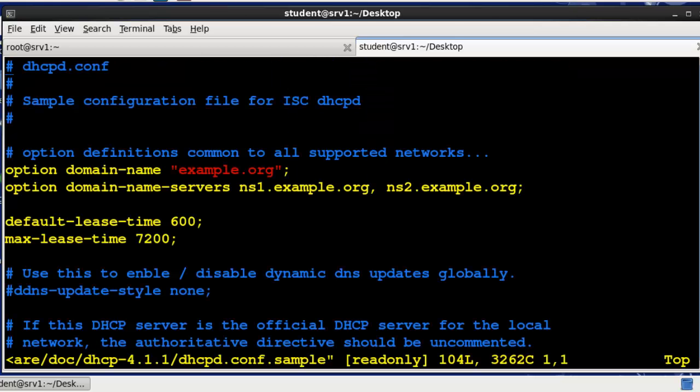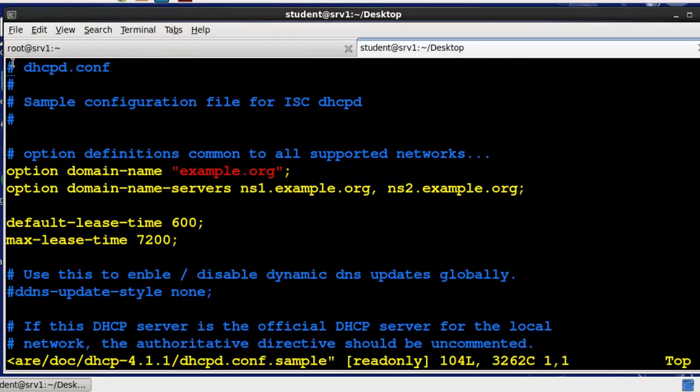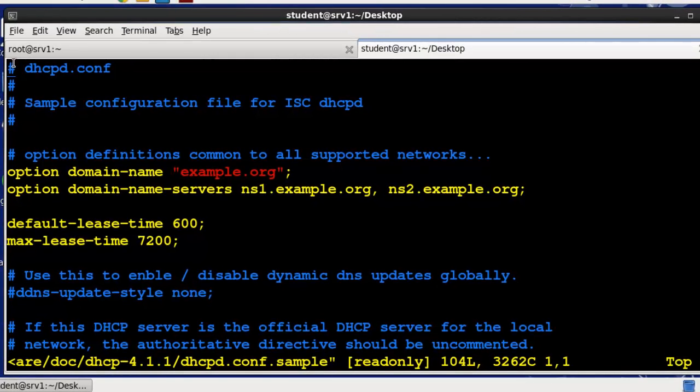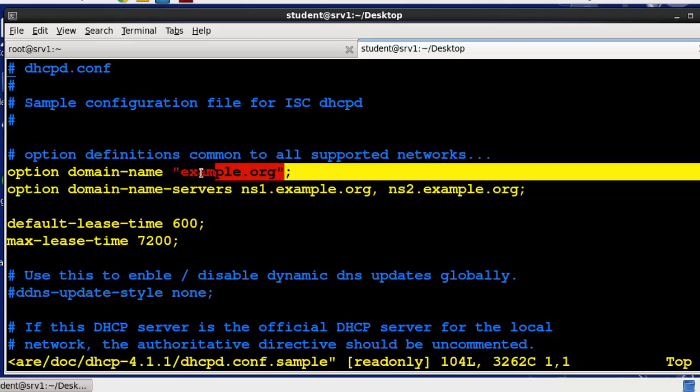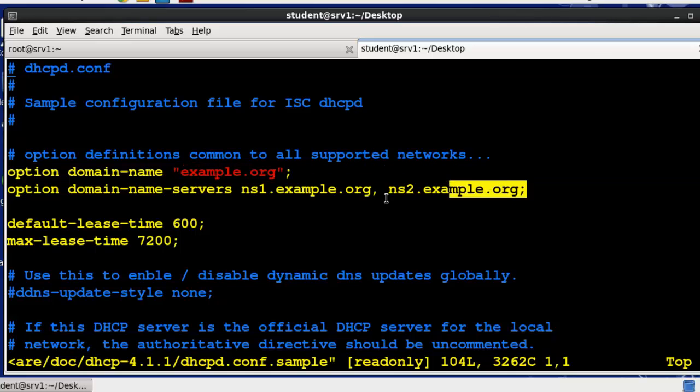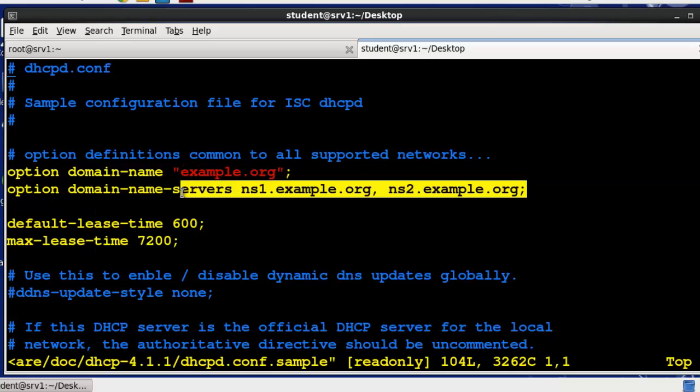Press enter. And the items you see in blue, there's a pound sign in front of that. That, of course, is a comment. The items you see in yellow and red are actually examples of what we can use. And let's just talk about a few of the things we see here before we pull them out. So this is a very, very simple DHCP configuration setup right here. Basically, all it's doing is setting our domain name, telling us who the DNS servers will be for our clients,